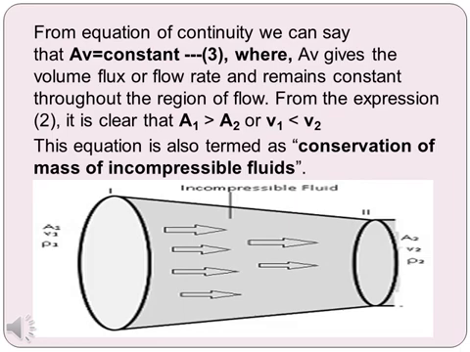From expression 2, which is a1 v1 is equal to a2 v2, it is clear that if a1 is greater than a2, then v1 is lower than v2. This equation is also termed as